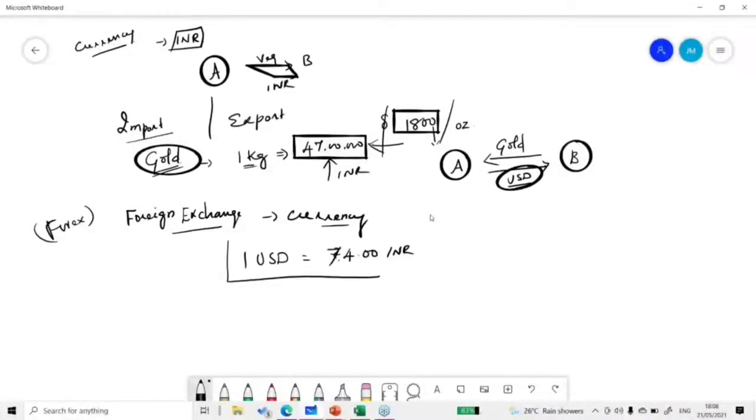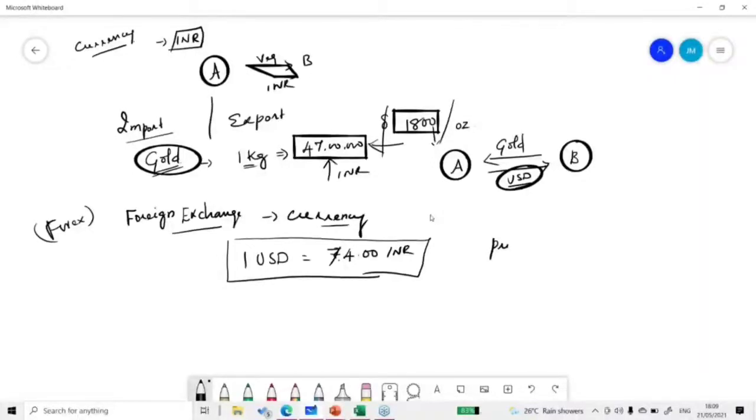But when we go for trading, when the price is being quoted, every time we cannot quote both prices. Basically there is something called, let's say for example, if I'm going to say what is the price of gold, just for an example, what is the price of gold?